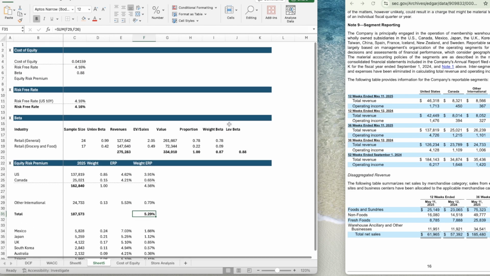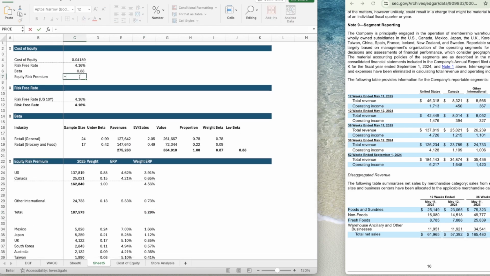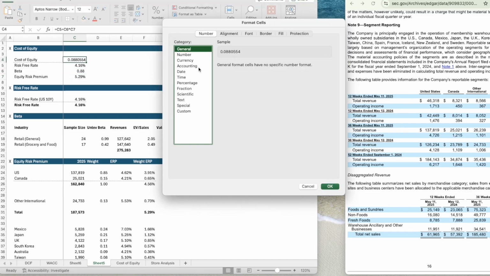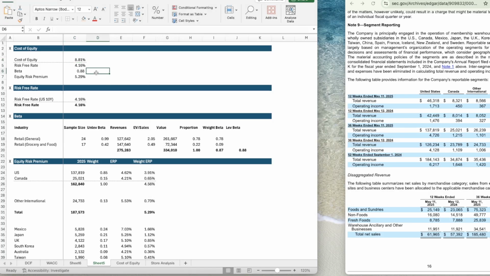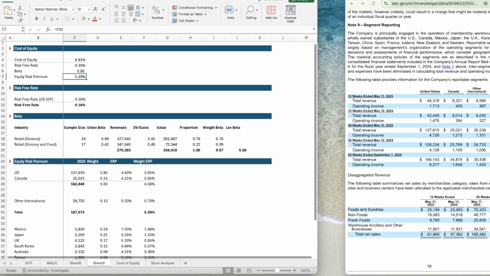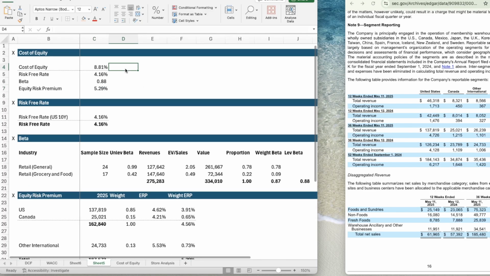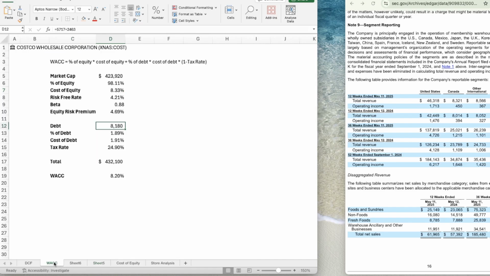So let's plug this in here. And then now we have our cost of equity, we have our risk-free rate, we have our beta, and the risk premium of 5.29%. So let me just zoom back in a bit. So yeah, risk-free rate plus the beta multiplied by the equity risk premium, and that gives us our cost of equity. Now let's come onto the WACC,